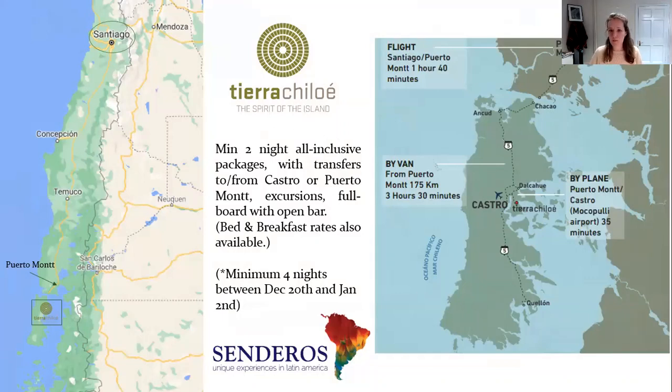To save time, guests may also want their itinerary built in accordance with the flight schedules from Santiago to Castro. Castro is the only airport on the island, which is then only a 35-minute ride to the hotel. It's also a good place, the hotel, for a self-drive package as well,